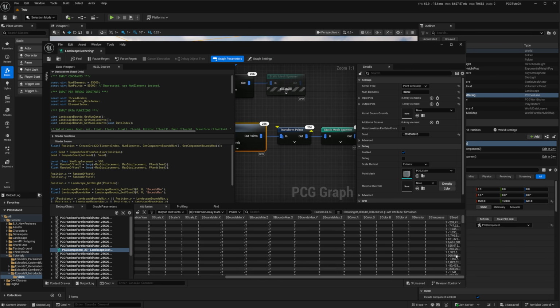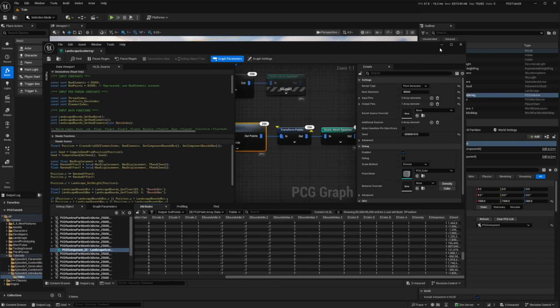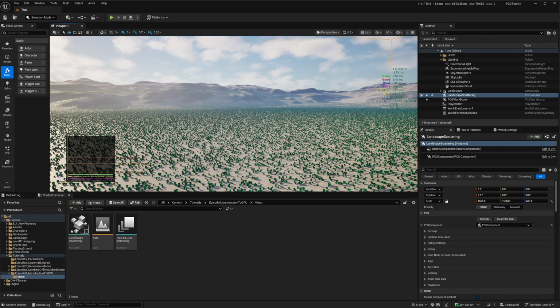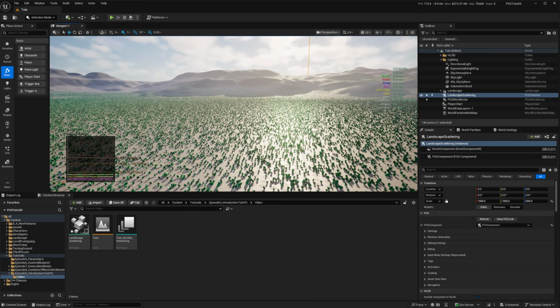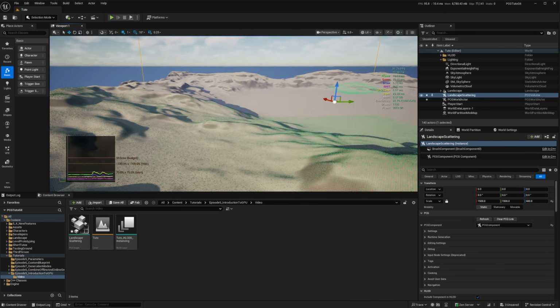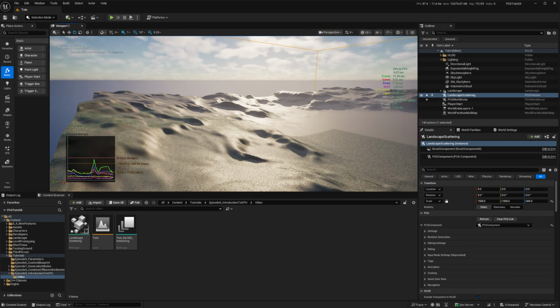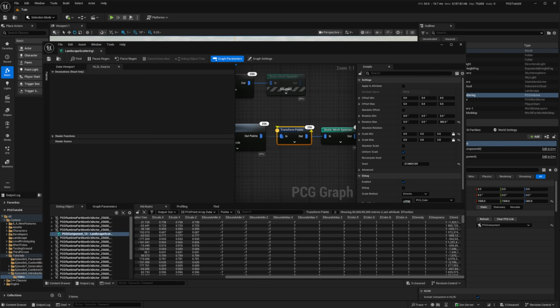Now we have different seeds per point. And it works, we have different scales and different rotations. But now if I fly around, the performance is definitely not good. What happened? If I go back to my graph in 5.6, you can see that there are some yellow arrows